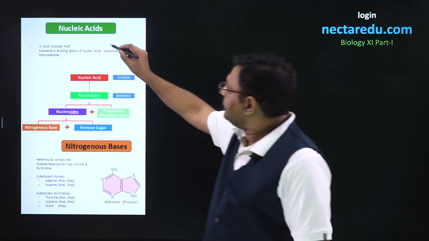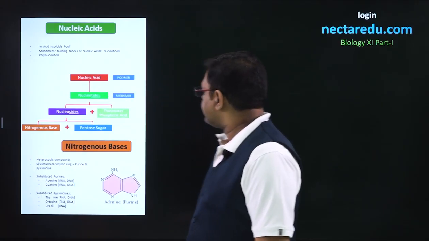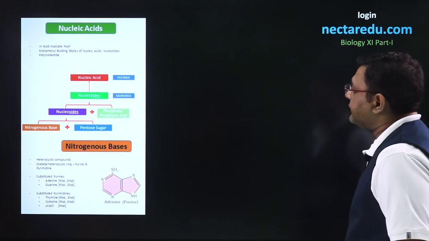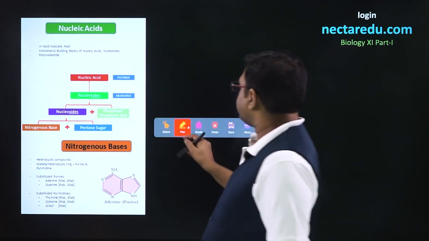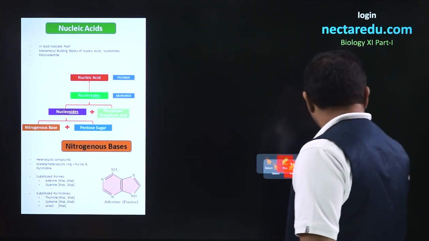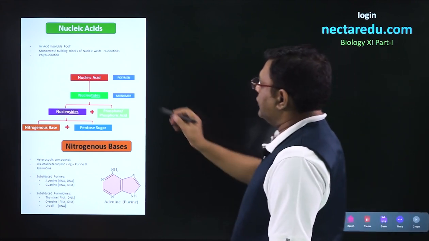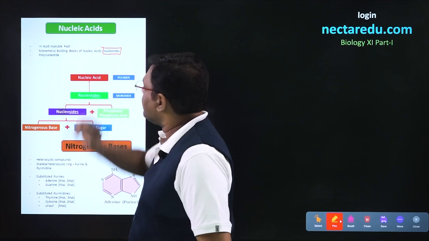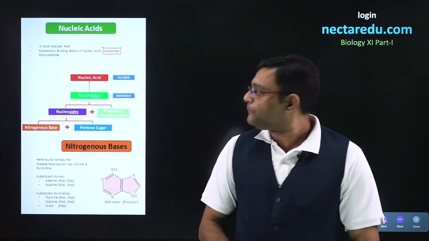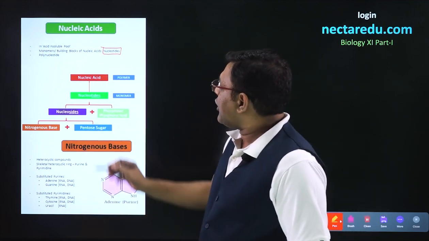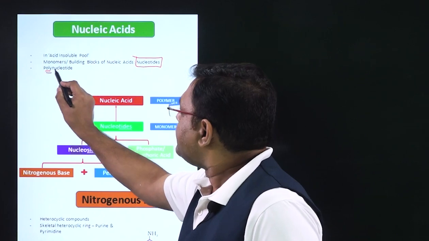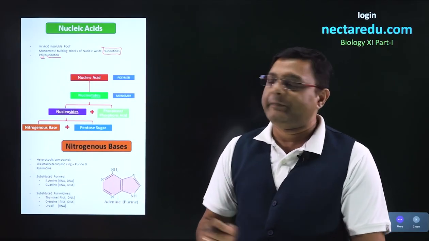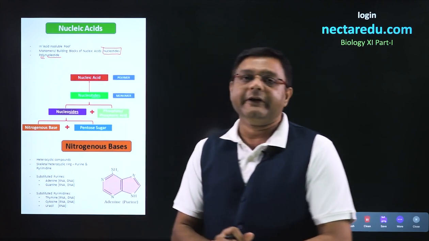In this particular video, we will look into the details of nucleic acid. Now, if we talk about nucleic acids, then nucleic acids are a part of the acid insoluble pool. So, these will be polymers, and in this case, the monomers will be nucleotides. We can also call nucleic acids polynucleotides because many nucleotides will be joined and the result will be nucleic